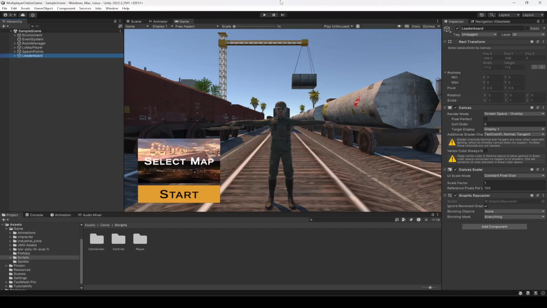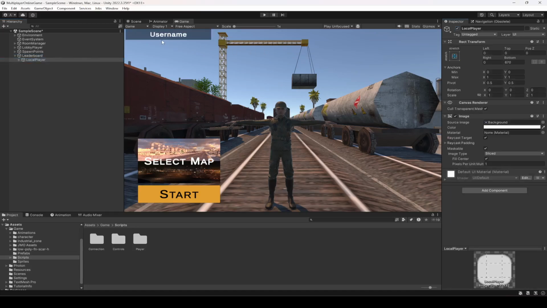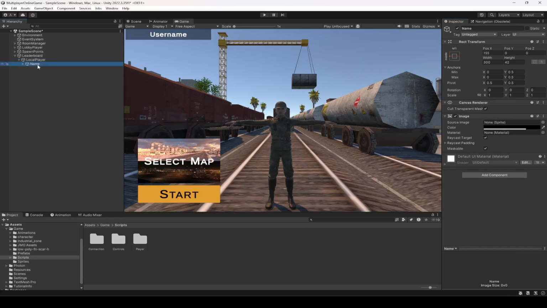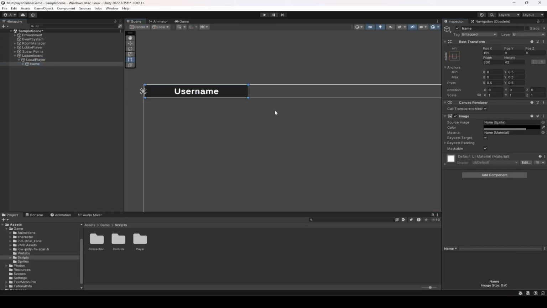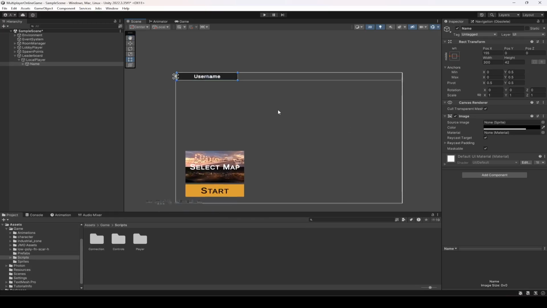So in this video we will be showing the username, the KD and also the player scores as well. So first of all, let's start from the UI. If you enable the local player, this is the username. Now change to scene view. Here is the username. You can duplicate it and change the name to